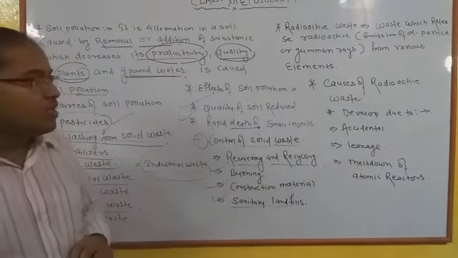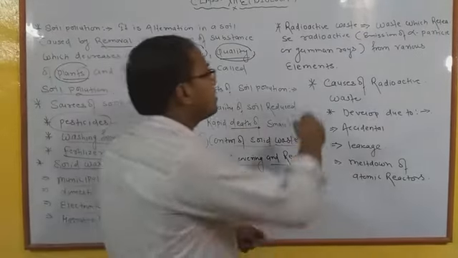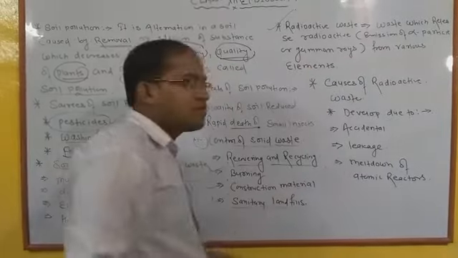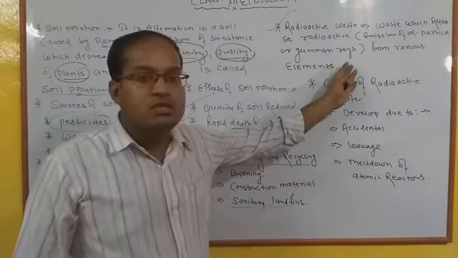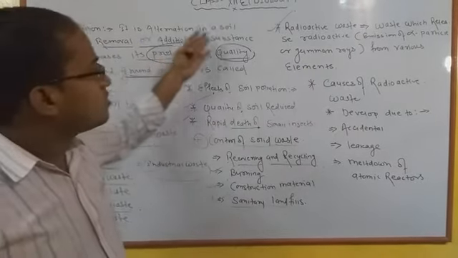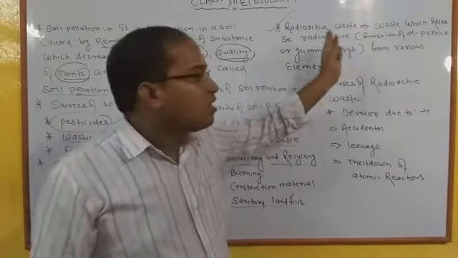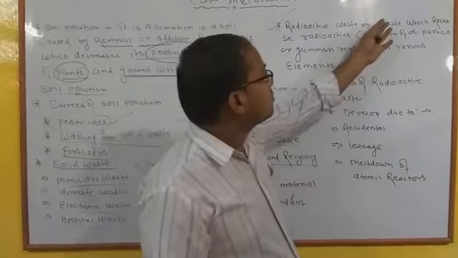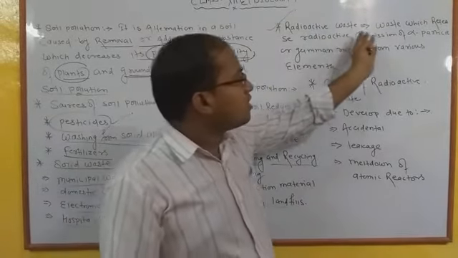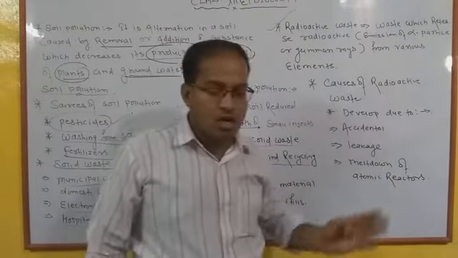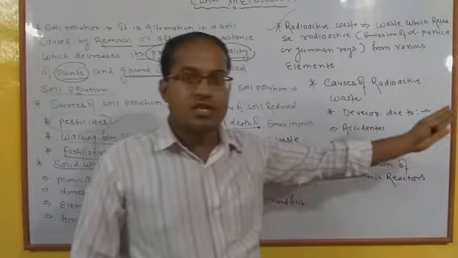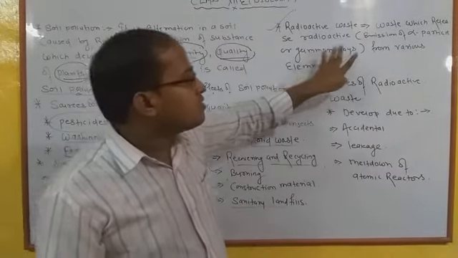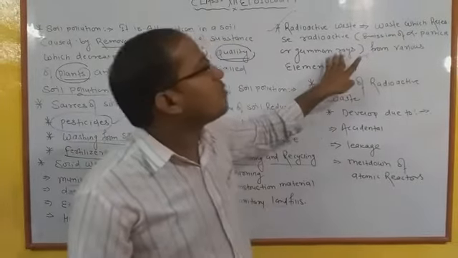Now we are going to discuss the most important, and that is radioactive dust. Radioactive dust is generally not familiar to all, but it is also a dangerous thing in comparison. Okay, radioactive dust means a waste which releases radioactivity from various elements. Radioactive waste का मतलब होता है, we know the radioactive, we have studied in physics and chemistry also. Radioactive waste means emission of alpha particles and gamma rays.